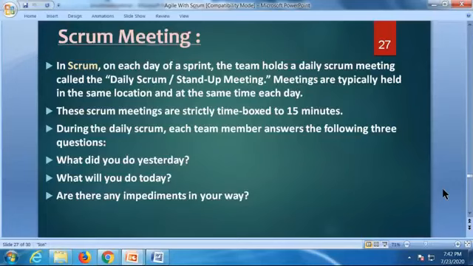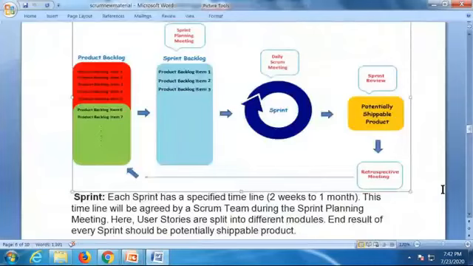Are there any impediments in your way? Impediments in the sense, any problems you're facing. They question you. Or in real scenarios, if you go in real scenarios, the meeting